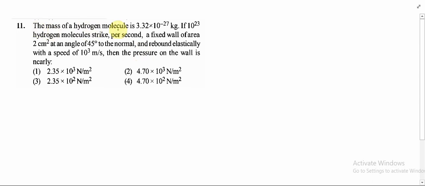The mass of a hydrogen molecule is 3.32 into 10 to the power minus 27 kilogram. If 10 power 23 hydrogen molecules strike per second a fixed wall of area 2 cm square at an angle of 45 degrees to the normal and rebound elastically with a speed of 10 power 3 meter per second, then the pressure on the wall is nearly. Okay, now